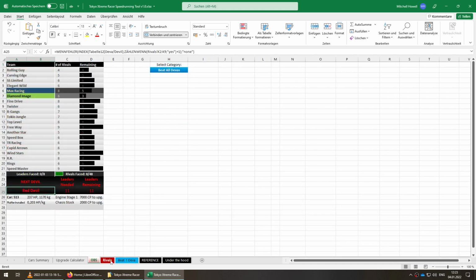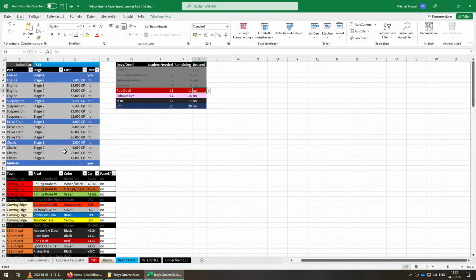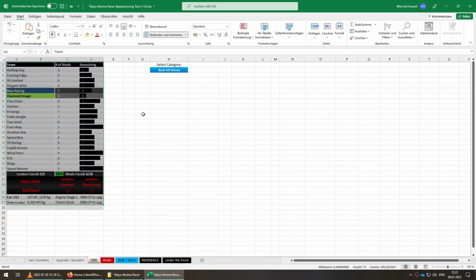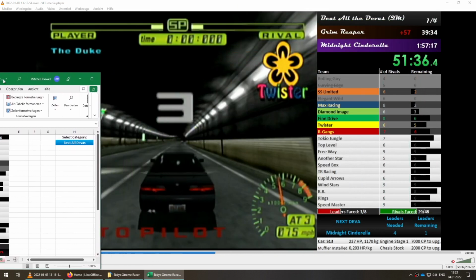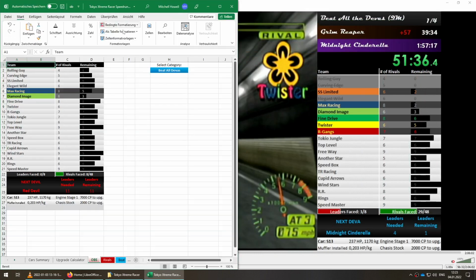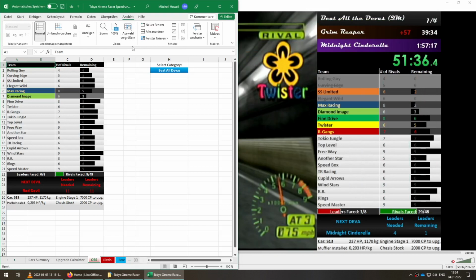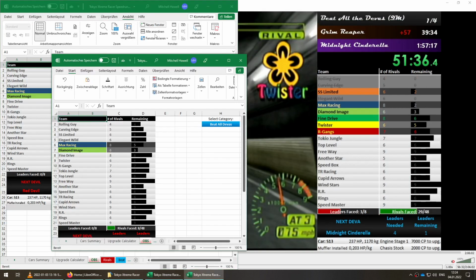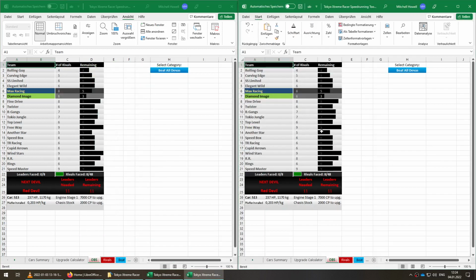Oh, right. So one other very important thing. Obviously, we want OBS to capture this screen, but while it's doing that, we need to adjust things over in this page. So what you need to do is grab your window, drag it over to one side of the screen, and then go to Window and New Window, and this will open up Excel in a second view. And then this one we can dock to the other side